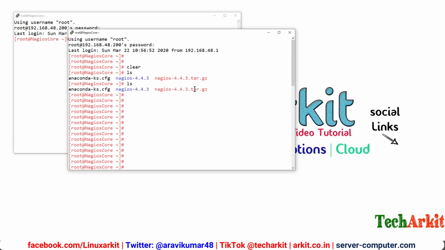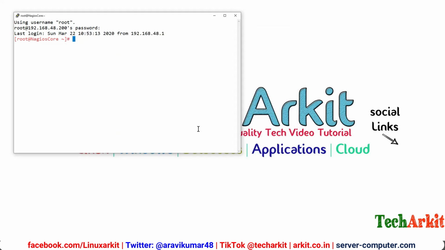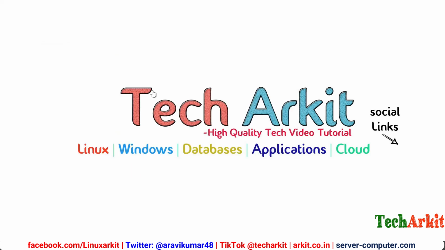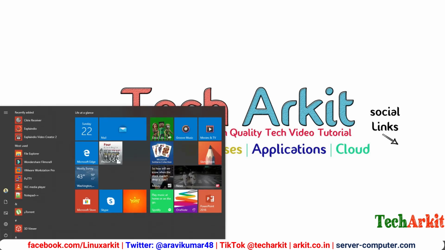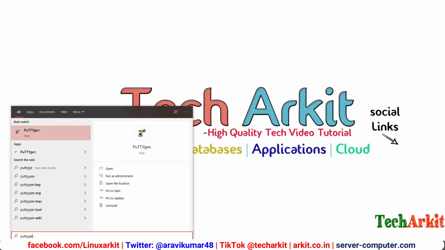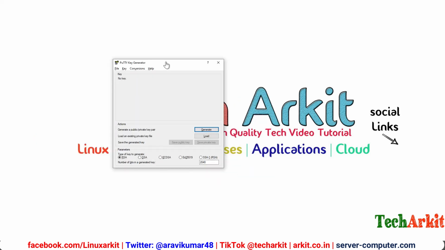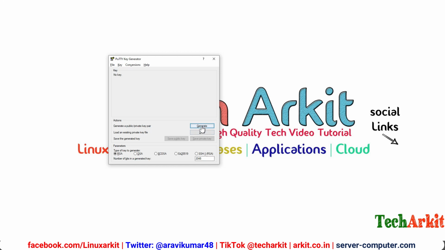So how can we use that? I'm just going to guide you. You have to install the PuTTY full version, otherwise it won't work. First of all, go to PuTTYgen here. Click on this PuTTYgen, and what you have to do is generate the key here, and you just have to